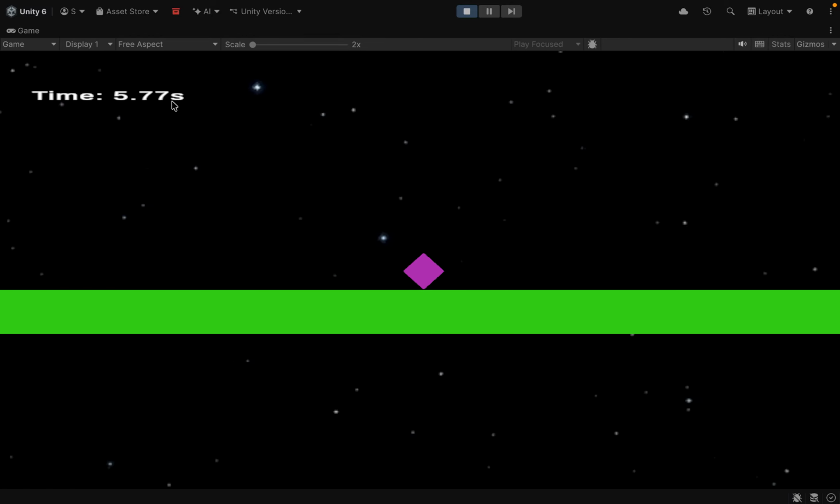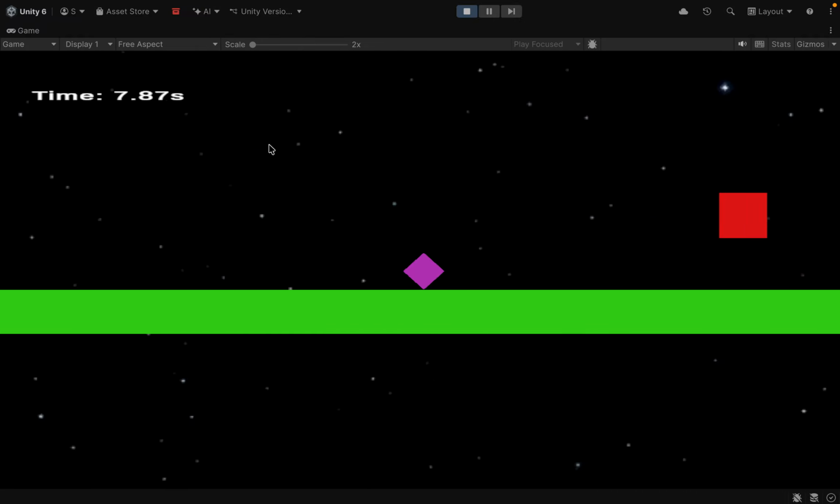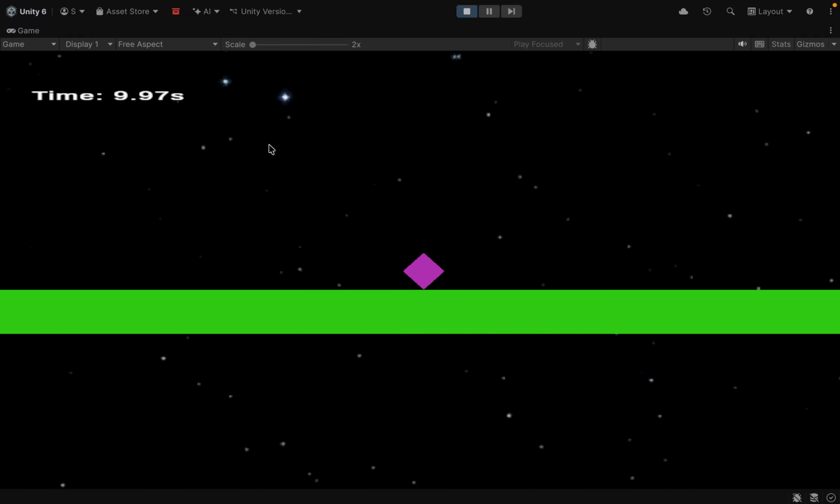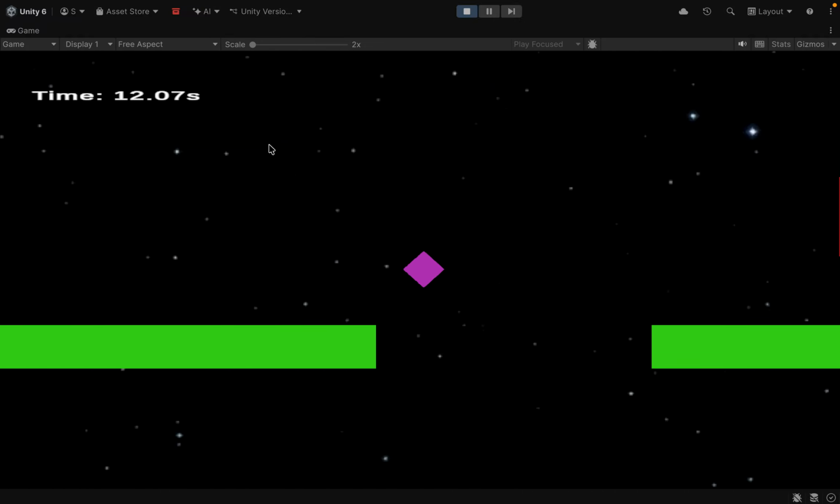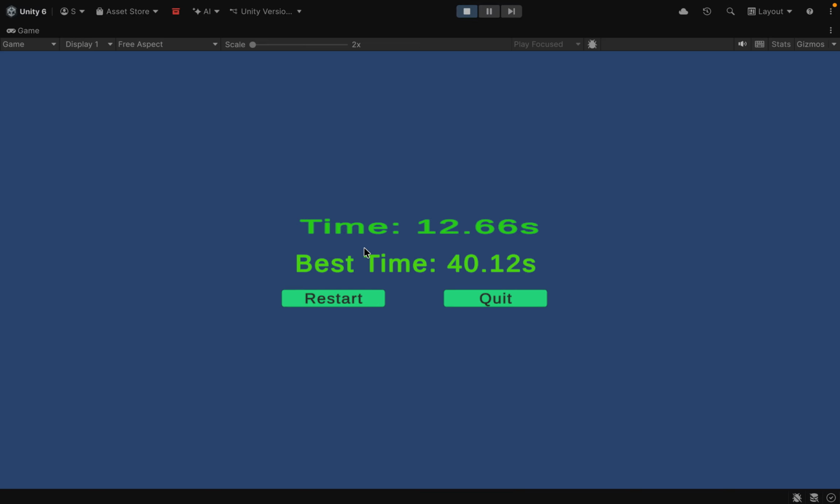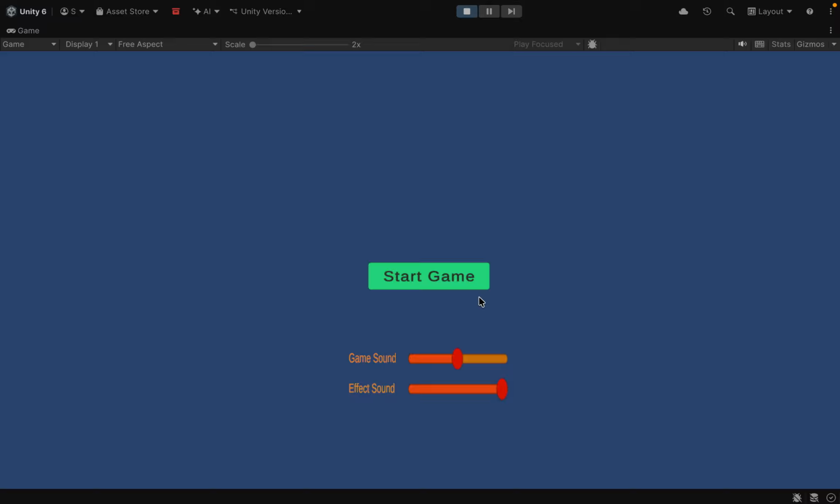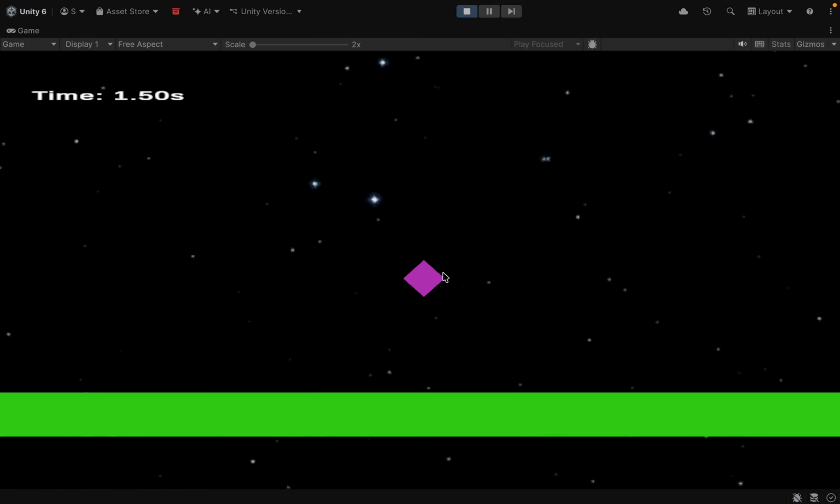You can see the timer is showing time and some obstacles which are created one by one. And here is the best time, because I already played, it's saved in the system, and this is the current time. If I quit the game, it goes to the first page. But if I start the game,